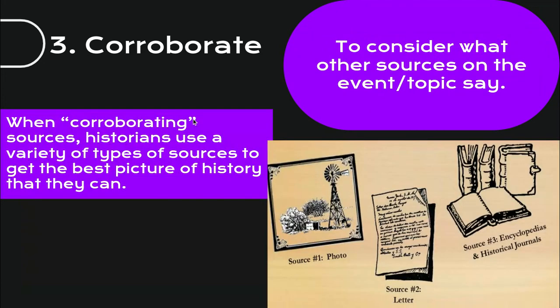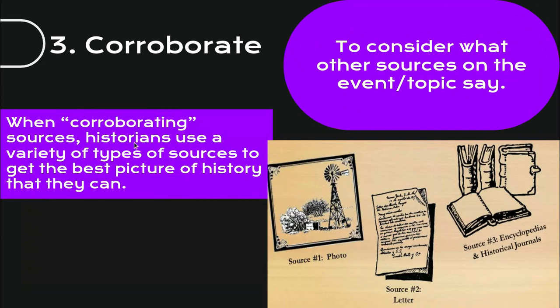All right, you want to use a variety of types of sources to get the best picture of history that you can, because you are historians. So you don't want to just look at one document to get the total picture of history. You want to look at multiple and see them as puzzle pieces to the big puzzle, to the big picture. So you want to use photos and letters and encyclopedias and journals and everything to come up with